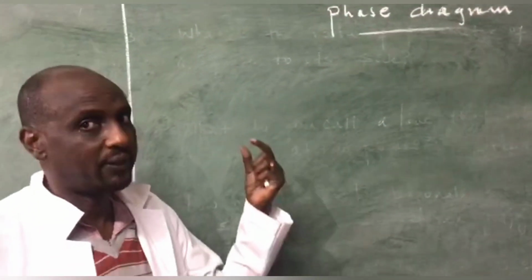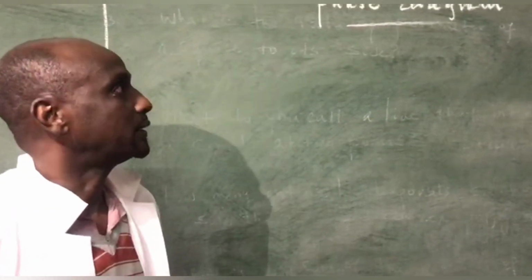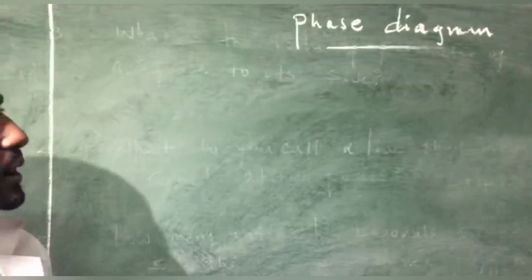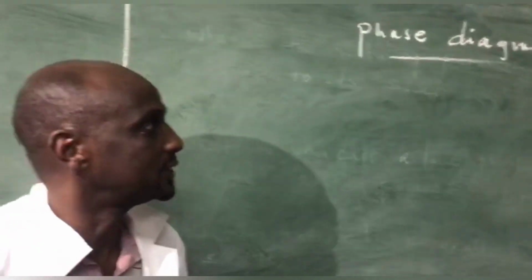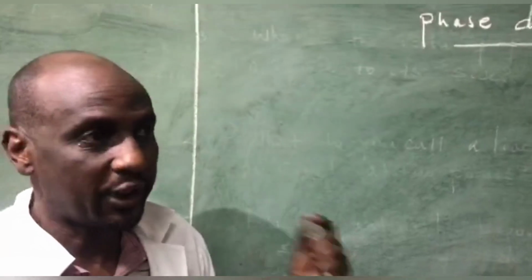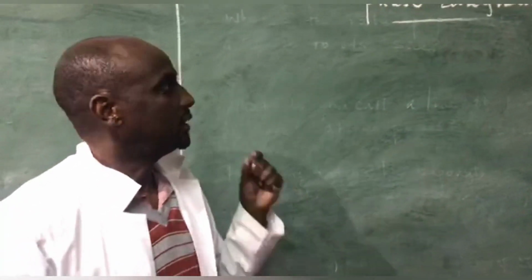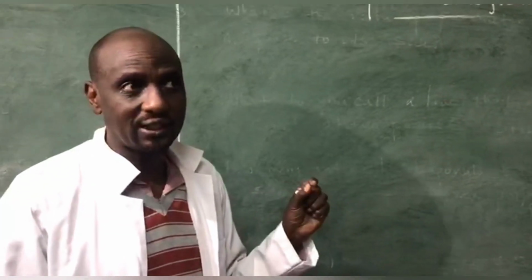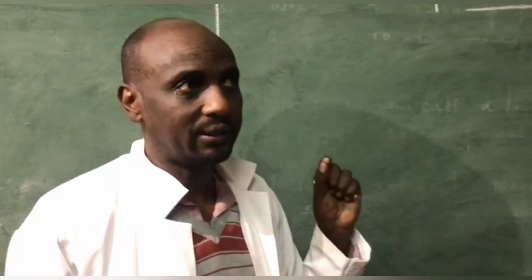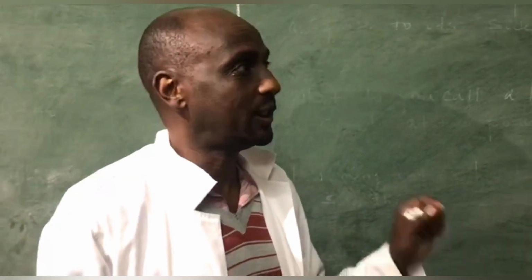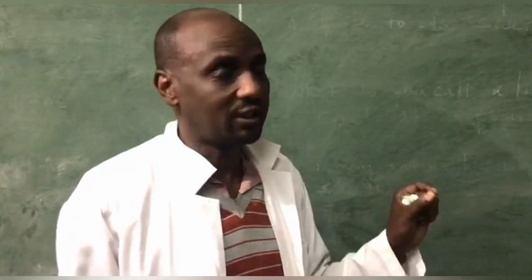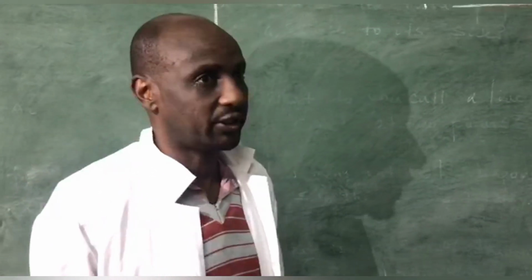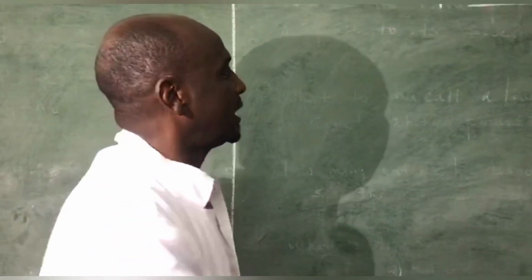Today we present the phase diagram. Starting with the phase diagram: a phase diagram is a rough graph that is drawn with pressure versus temperature. This phase diagram expresses different forms of substance based on temperature and pressure. At different conditions, a substance can exist in different phases. This phase diagram can illustrate these conditions. Therefore, the phase diagram has